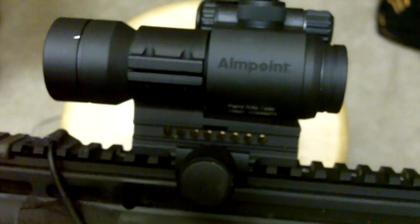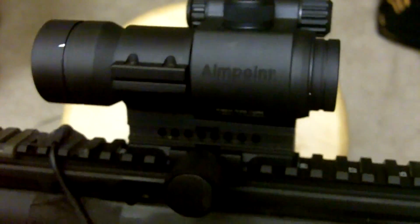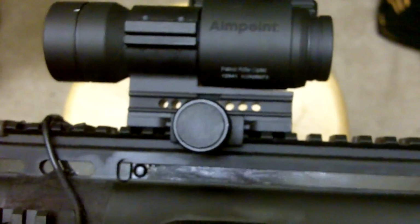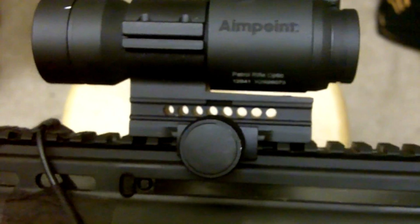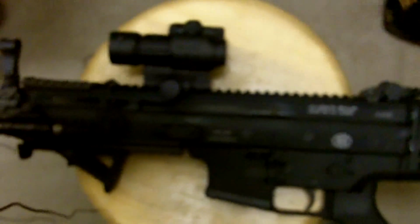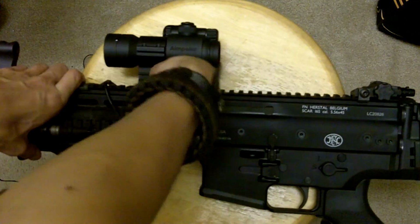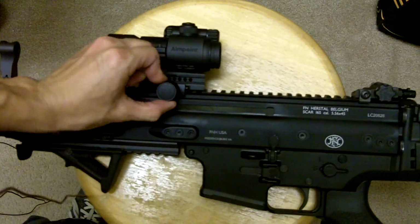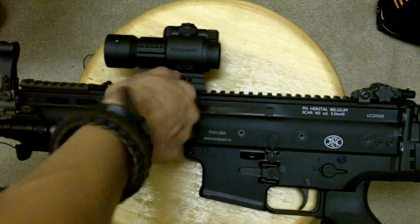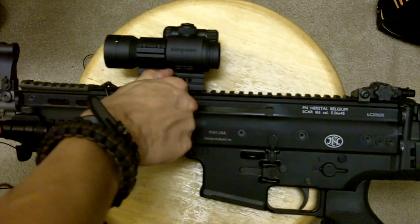But what I think is very nice is that this and the Aimpoint Comp M4, which in my opinion is the best Aimpoint out there, come stock with a mount. And this specific mount I think is actually very nice because it can function as a quick release mount, because it doesn't secure super tight to where you couldn't just unscrew the thing. And see, I just did it there and I'm unscrewing it now. But it also has a torque inhibitor in there. So when you hear the snap,